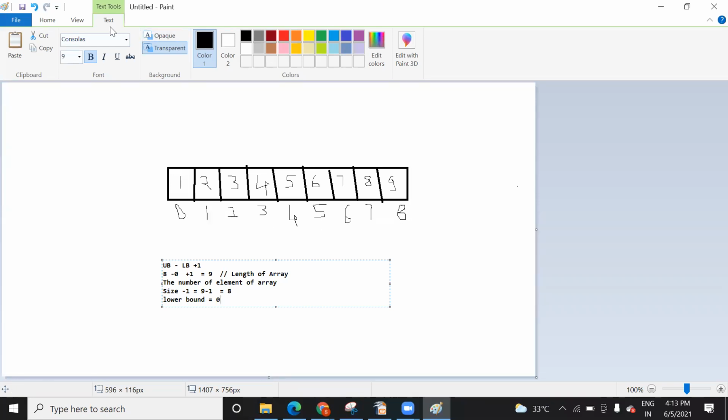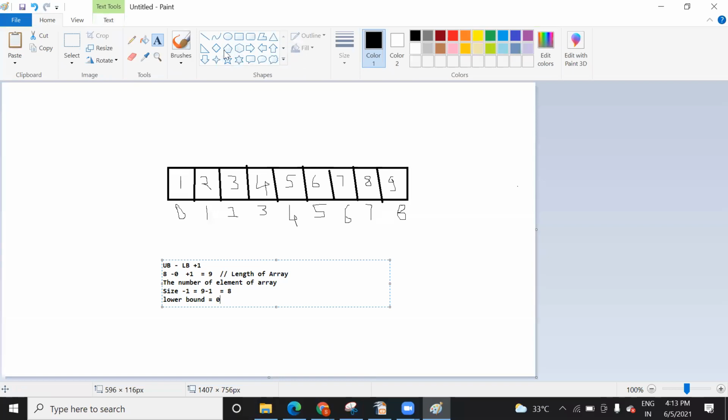Now if I say you, Bhavesh should delete the cell number 3. Now you have deleted it. Once you delete it, you need to take the next element ahead. If I say you again sort the value, then you need to take this element again. So how do you build up the logic?